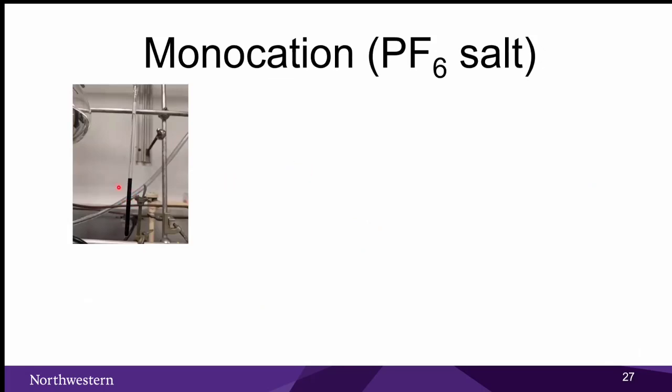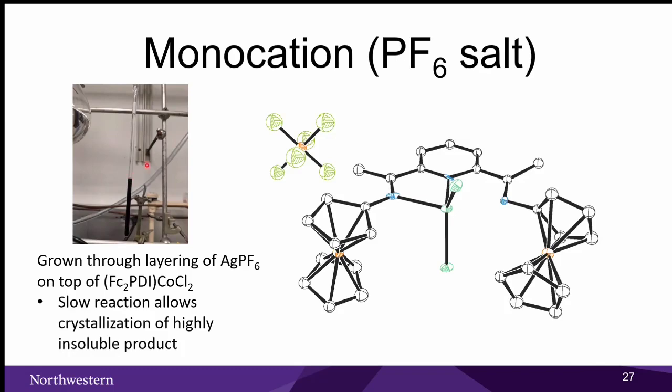So, for example, here I have a concentrated solution of the neutral compound. And then if you layer silver PF6 on top of it, the mixing and reaction rate will be so slow due to the narrow interface that the reaction precipitates out as crystals. So it's able to grow single crystals of the PF6 singly oxidized cobalt species, which I definitely did not expect